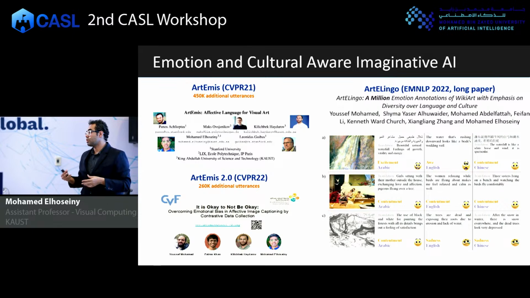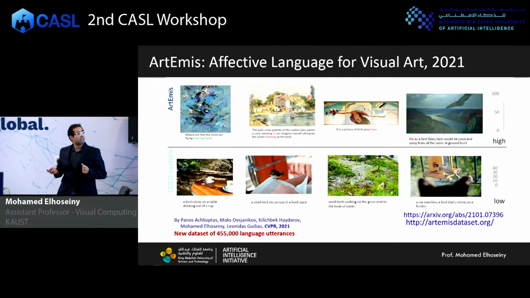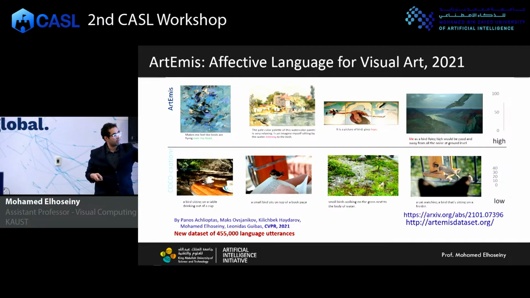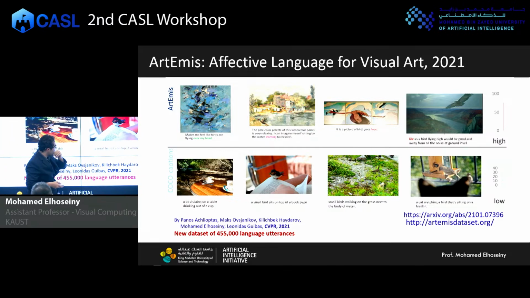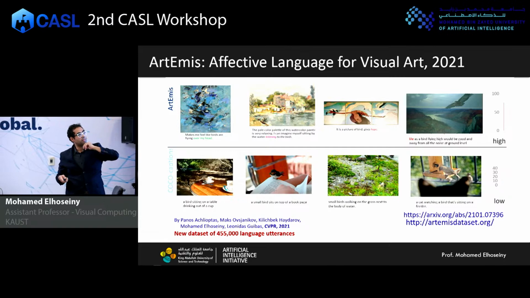So this is not just telling what's in the image, it also reflects on the distribution of possible emotional experience that may happen. This is just some example that characterizes the differences between these two. These are two images from a conventional captioning dataset and affective captioning, affective text description on top of images. You can see here, these are images about birds. A small bird is on top of a big page, a small bird walking on the grass next to a body of water. And these are the standard data that is collected.